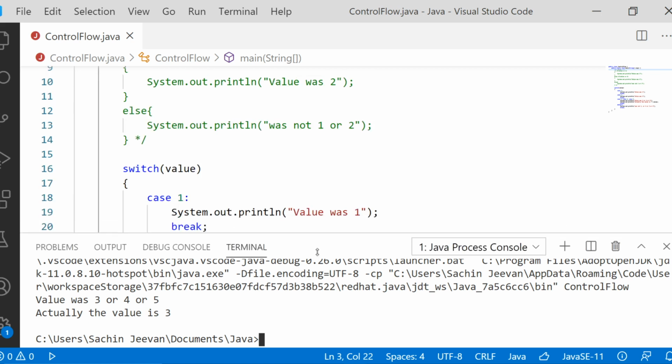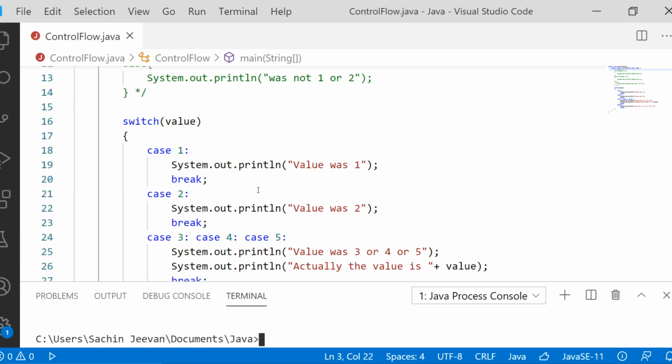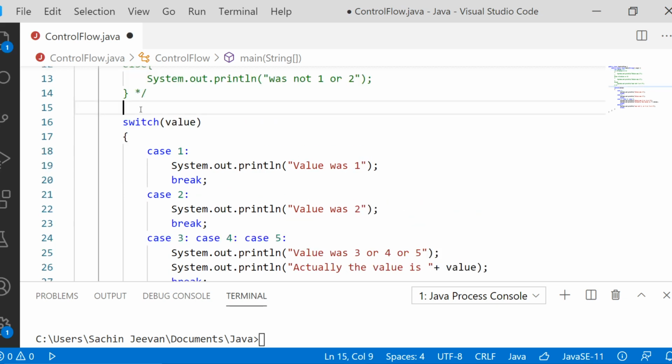So now I think you have a basic knowledge of what to do with the switch statement and how the switch statement is working. If you want to know what kind of primitive data types the switch statement works with, we can say that with integer and with character it will work fine. So we have seen a demo with the help of integer.